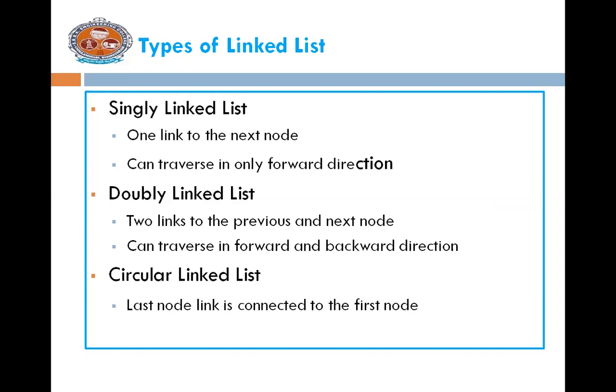A circular linked list can be either a singly linked list or a doubly linked list. Generally, the last node's link is assigned as null. But here, instead of assigning it as null, the last node's next link will be assigned the address of the first node. So that means a loop is created there. Like that, we can also create a circular linked list.